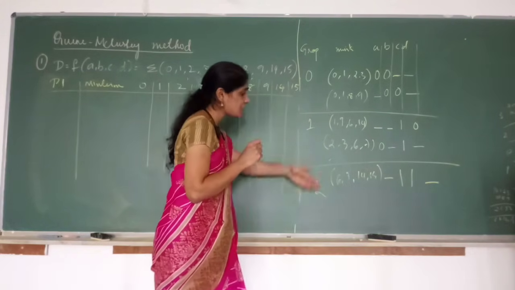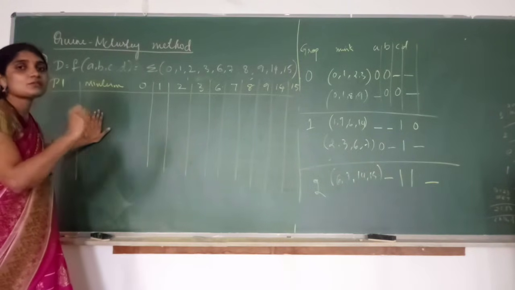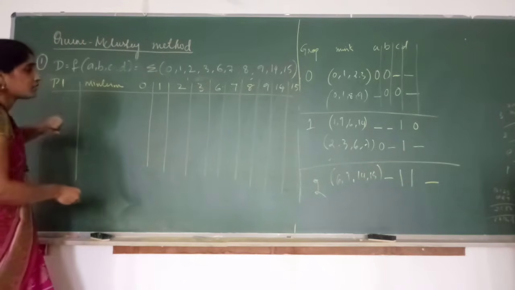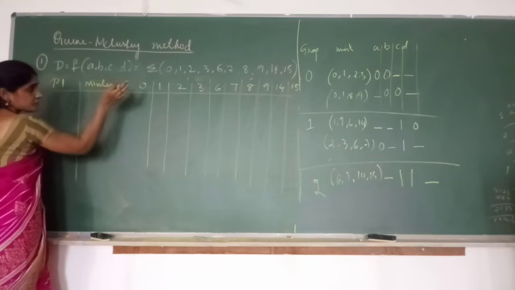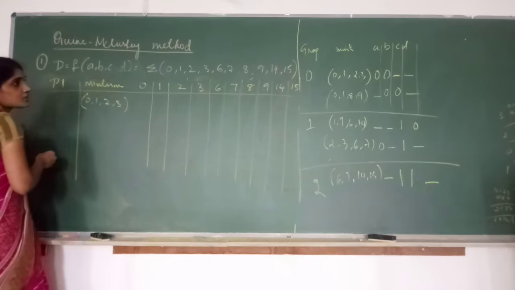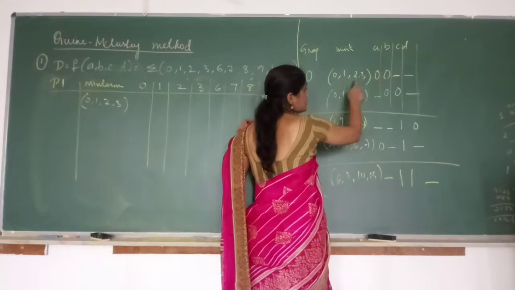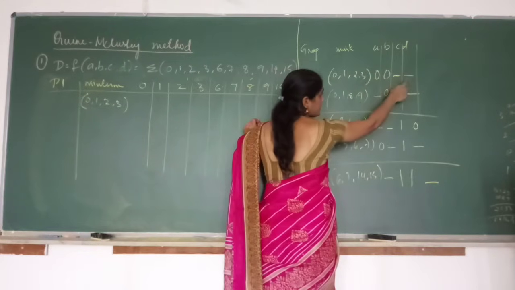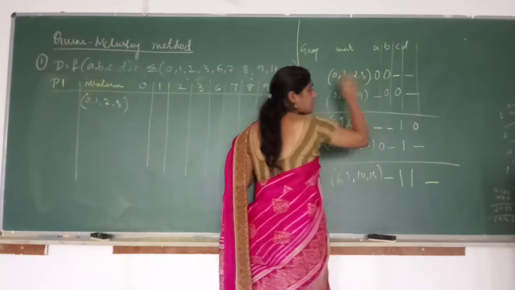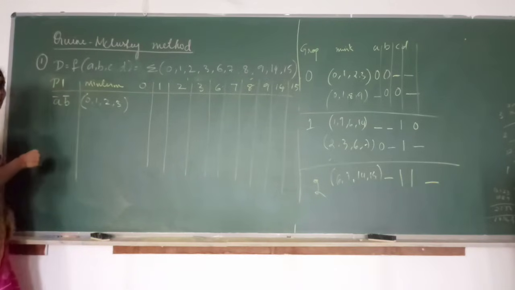Now I have to include these here. You have to start from the second table. If any of the min terms is not ticked, all the min terms have to be written here. So here the first group which is unticked is 0, 1, 2, 3. Okay. So what is the prime implicant? Just see here. When I group 0, 1, 2, 3, what have I got? C and D variables I have completely eliminated. So what do I have? I have A bar, B bar. That is your prime implicant.